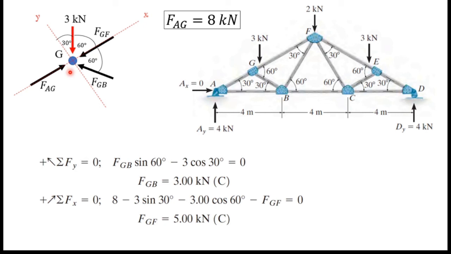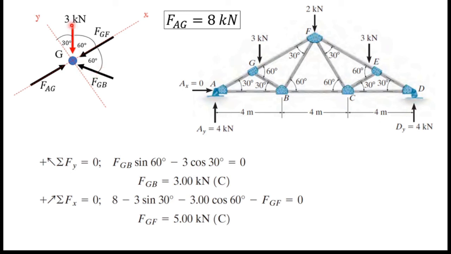You can see there is a force of FGB sine 60. So that is this force FGB sine 60. This is the y component of this force, and minus 3 cos 30, that is this